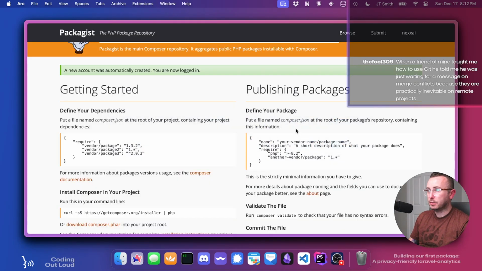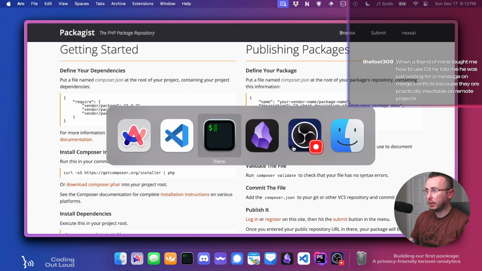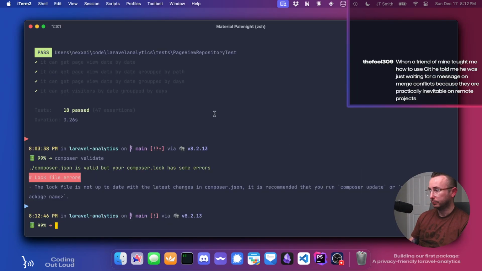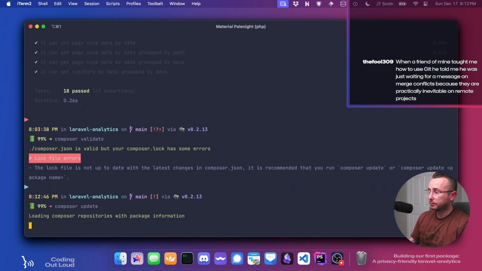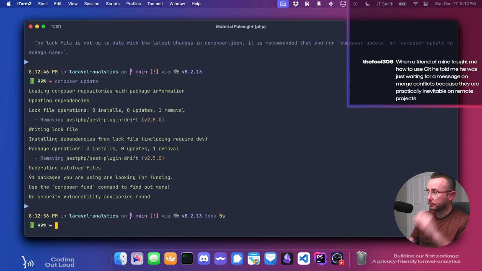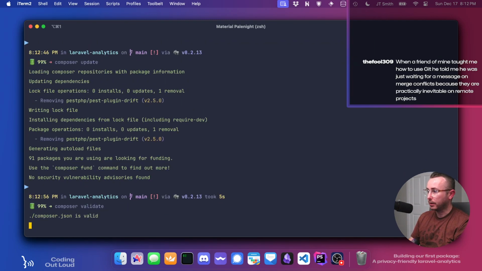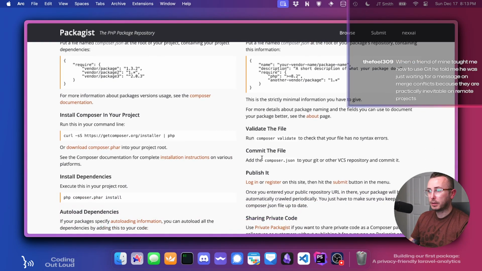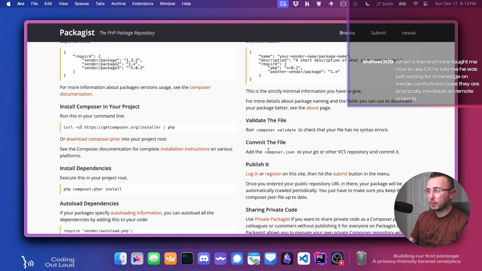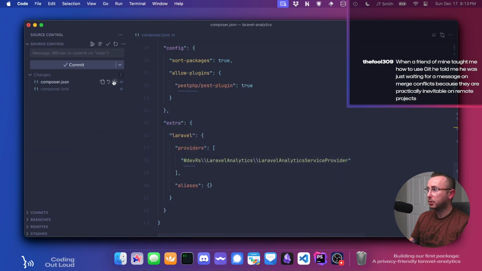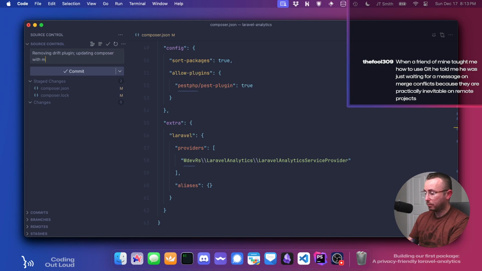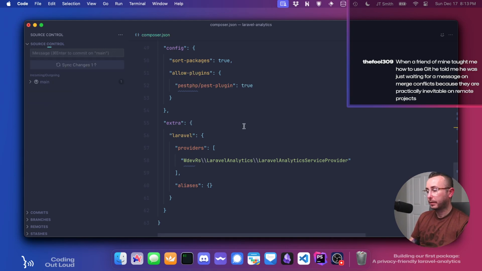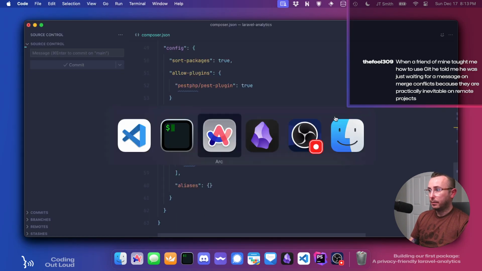So define your package. Okay, so composer validate. Well, okay, so composer update. Right, because we don't need the drift. So now if we go validate, okay, it's valid. Okay, commit the file. Add the composer JSON to your Git. Okay, so let's submit those changes. Removing drift plugin. Updating composer with my info. Okay, and so now